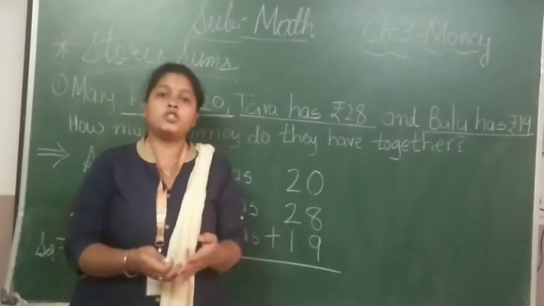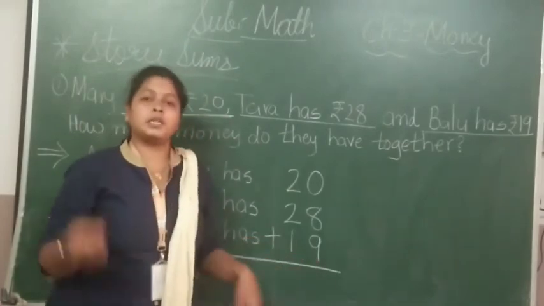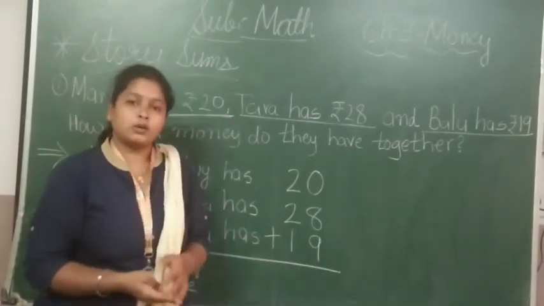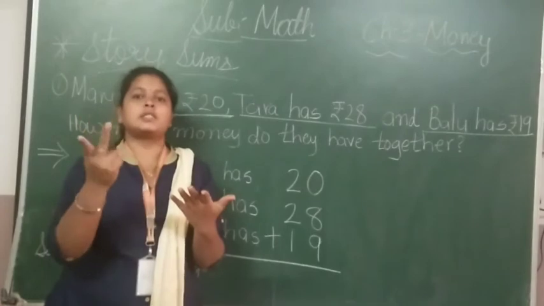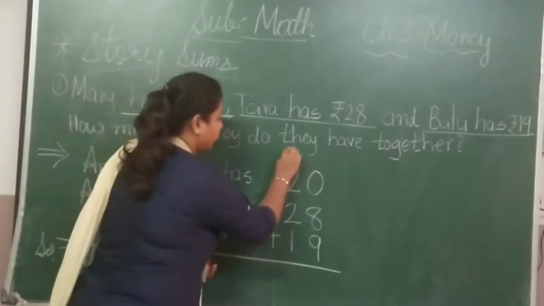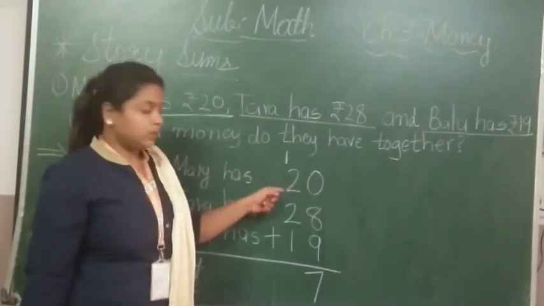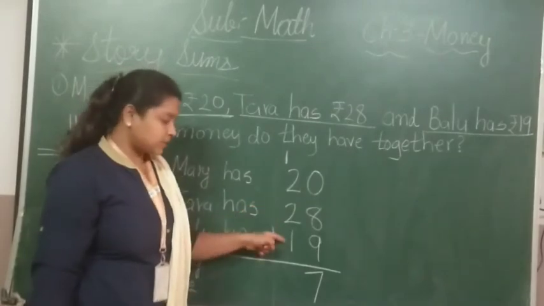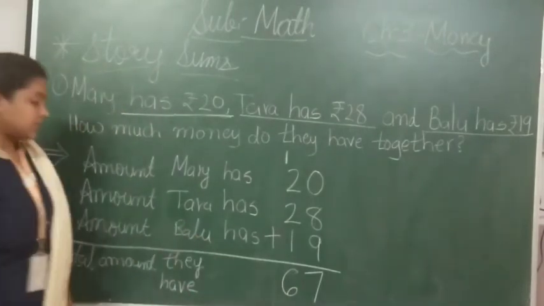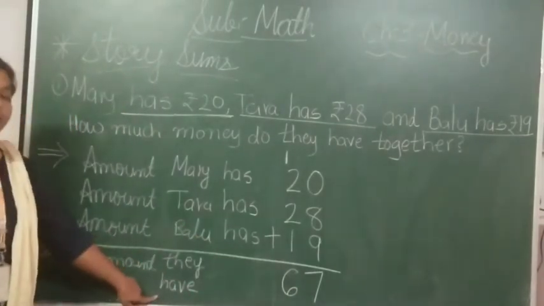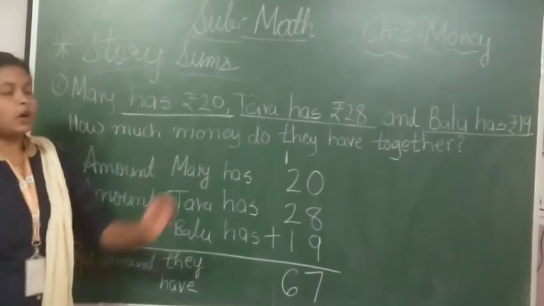As we have counted in the addition, write the bigger number in your mind and the smaller number on your finger. So 9 is the bigger number that you can keep in your mind. And after that you have to start counting up to number 8. So like 10, 11, 12, 13, 14, 15, 16 and 17. So we are writing 1 at the top of this number and we'll write 7 over here. 1 plus this 2, 3. 3 plus this 2, 5. And 5 plus this 1, 6. So your answer is 67. That means the total amount they have is rupees 67. So this is the way you have to solve the story sums of money.